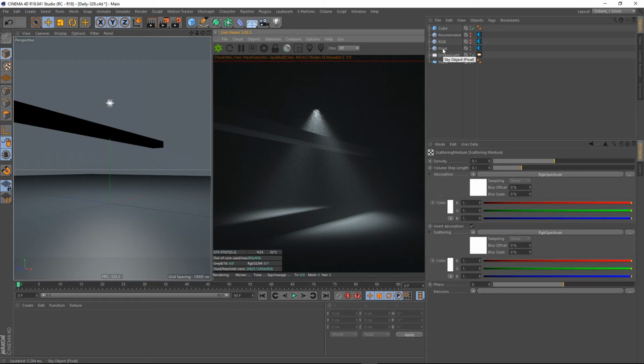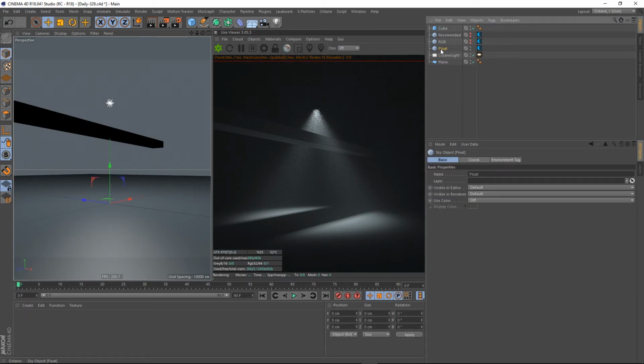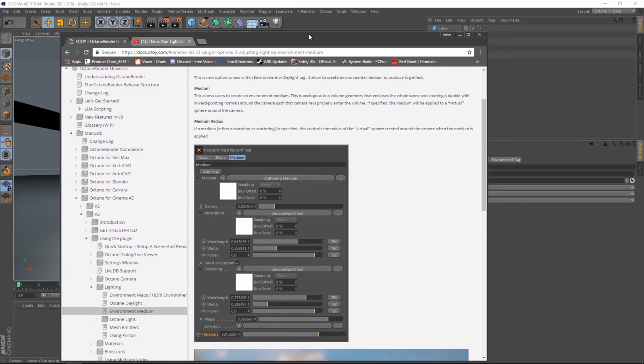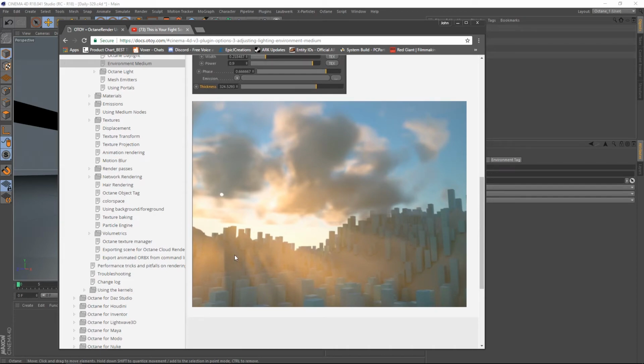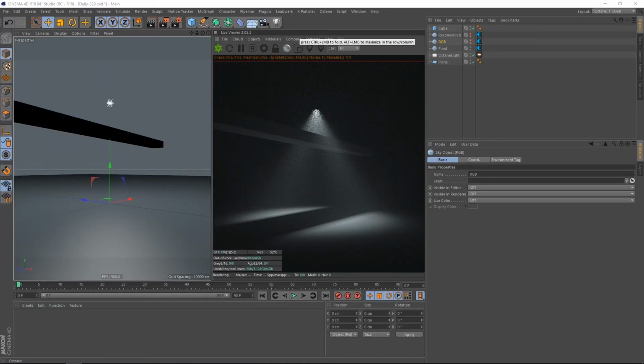Here are the 3 dominant techniques. We have a float, an RGB, and a Gaussian. I called this one recommended because this is what you guys have on your website for Cinema 4D. These are the values that you recommend for creating a volumetric lighting effect using the environment fog inside of an environment node. Here I'm going to turn this one off, turn this one on, start my Octane renderer,